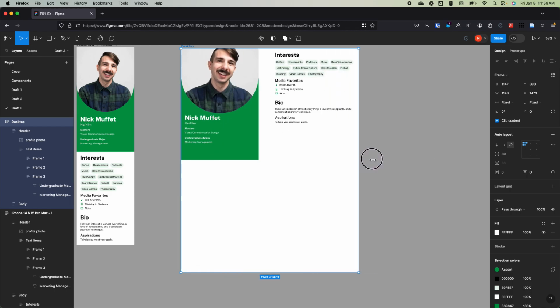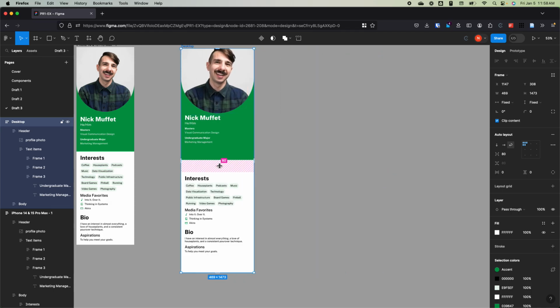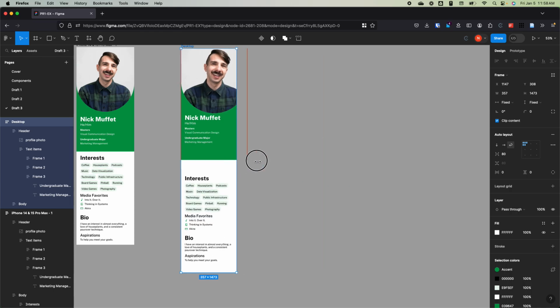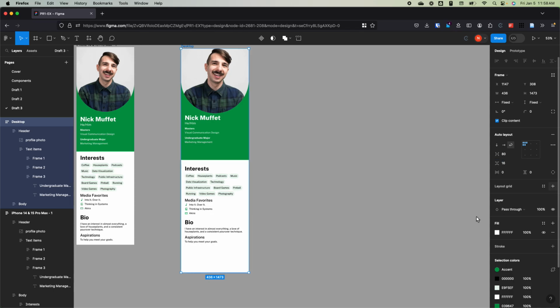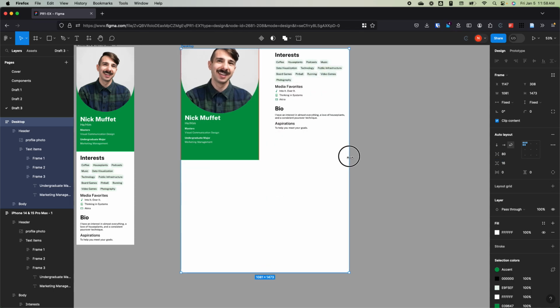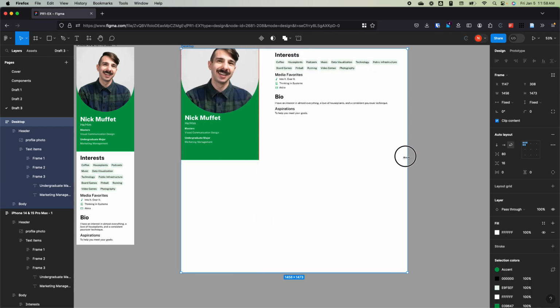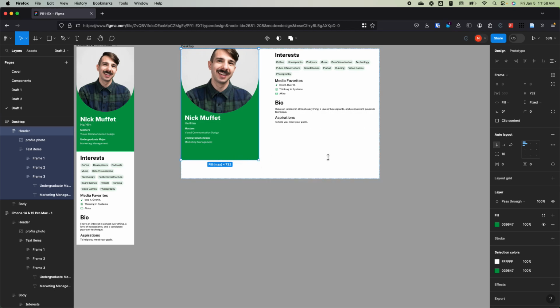Now we can't just use this frame because there's no way to control the way this padding works, because we have... actually we might be able to by setting that vertical padding to, I don't remember what it was, 16 or 24. Yeah, so actually that works pretty well. But it's helpful to have these two frames set up next to each other so that we can see both the desktop layout and,